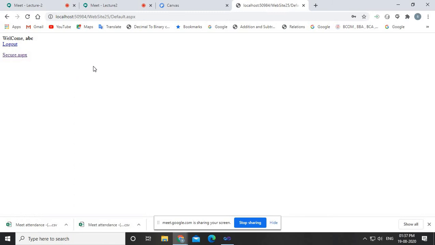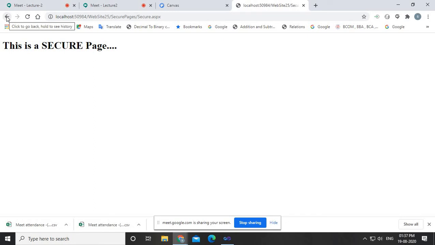After login, I will be redirected to default.aspx. Now I have done a login, so I am not an anonymous user, I am not a visitor. Now if I click on this secure page, secure.aspx, what happens? Obviously that page opens. So without entering a username and password, the user cannot see this page.